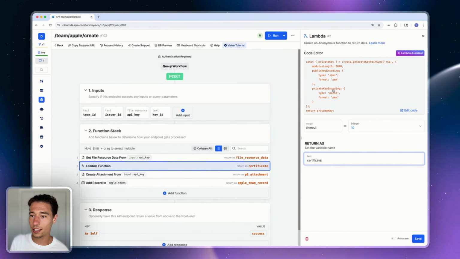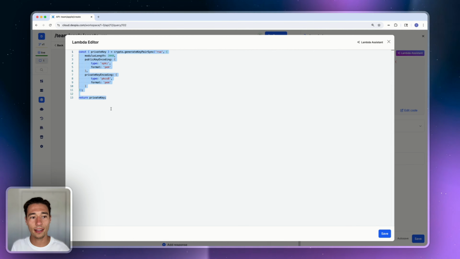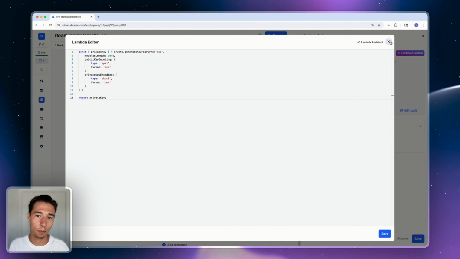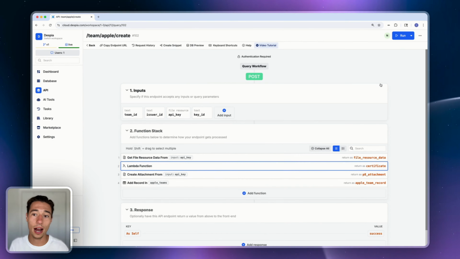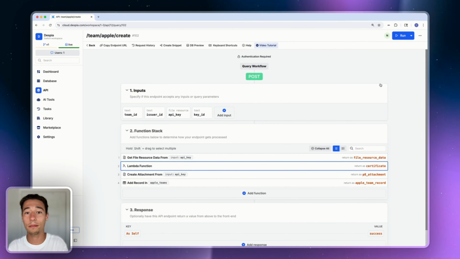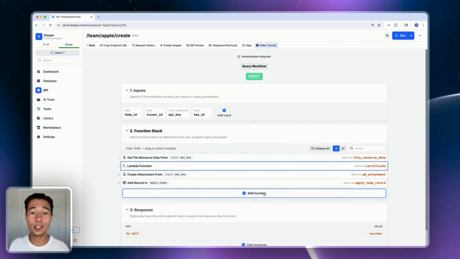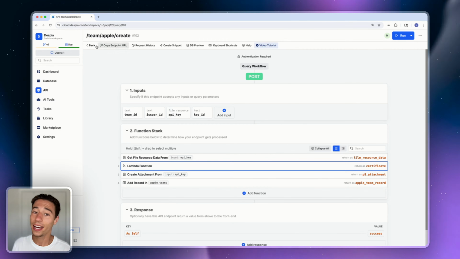What it essentially does is it just generates, using the crypto API, a signed private key, right? Which you would normally run in a terminal of your computer if you were to publish your application from your terminal. Now we can run this in Xano as well. We can run any TypeScript or any Node.js package, which is a cool thing. So you've got access to the whole NPM network inside of Xano.